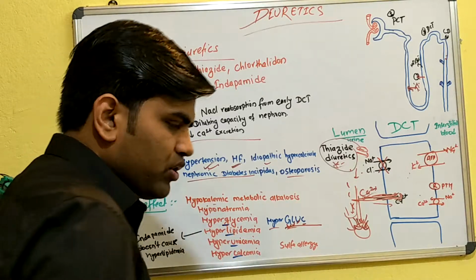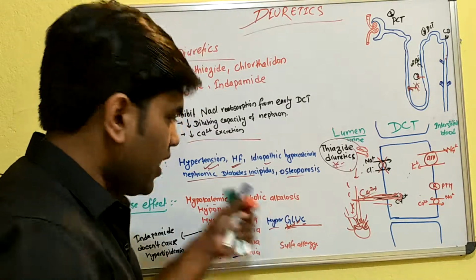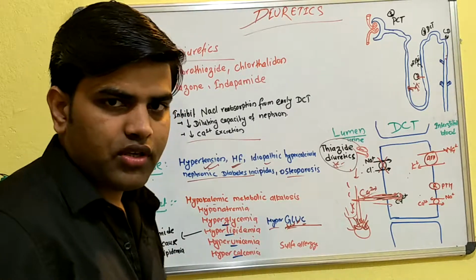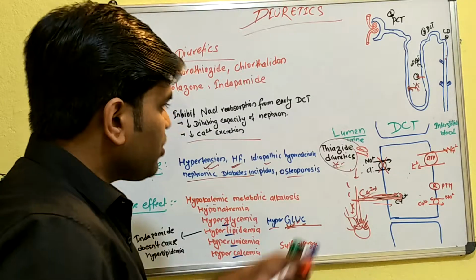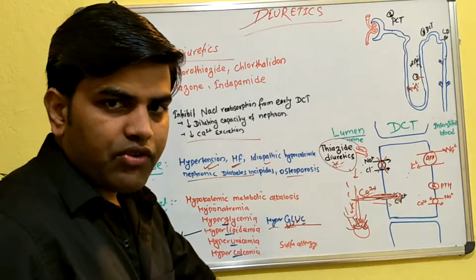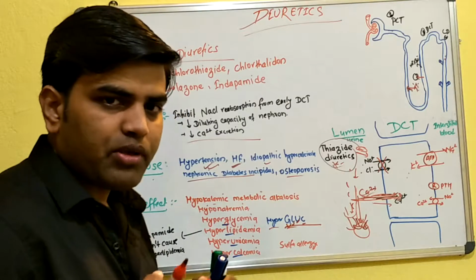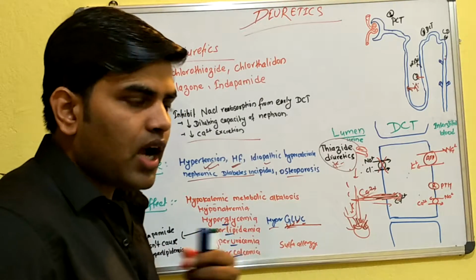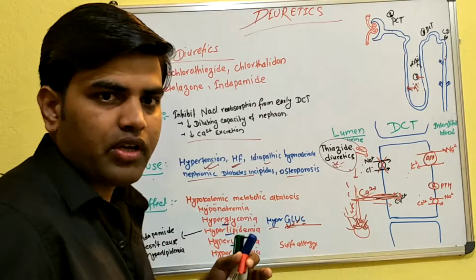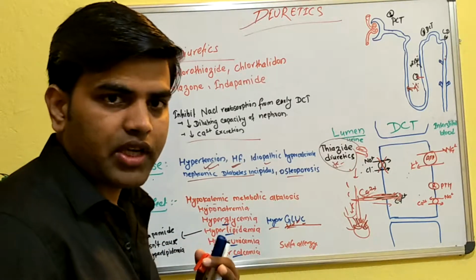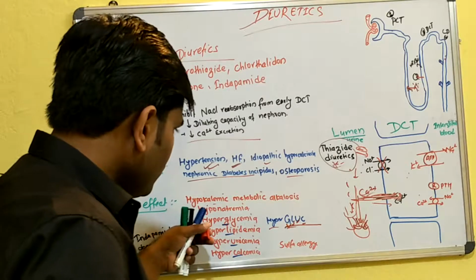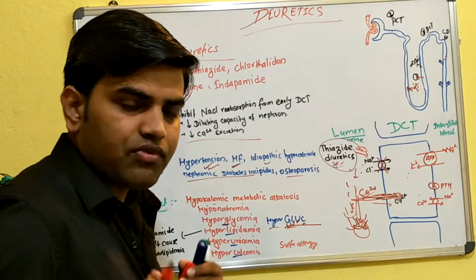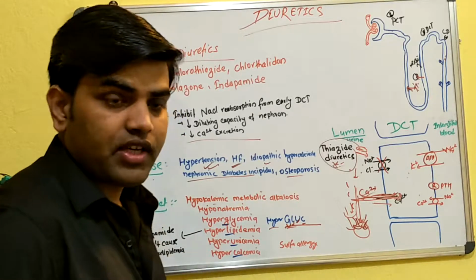You have to understand one more thing, that both loop diuretics and thiazide group of diuretics will lead to metabolic alkalosis. Why will metabolic alkalosis occur? Because since sodium is lost, in the late part of your tubules, what happens? Sodium gets absorbed in the presence of aldosterone and potassium gets excreted. The body can't lose much potassium, okay, because it can lead to arrhythmia and fatal complication. So what happens? After a certain point, it exchanges with the potassium, but when it finds it is now low in my body,